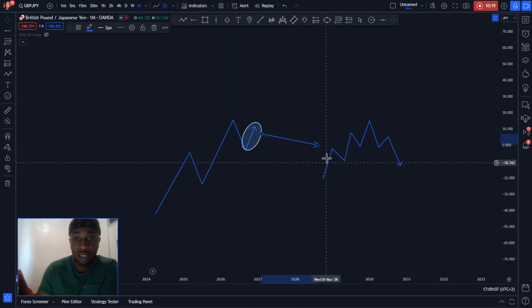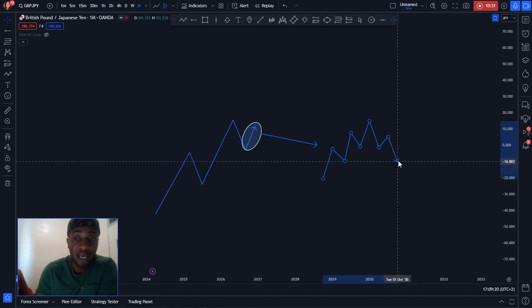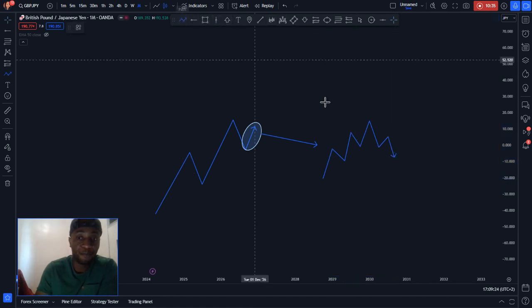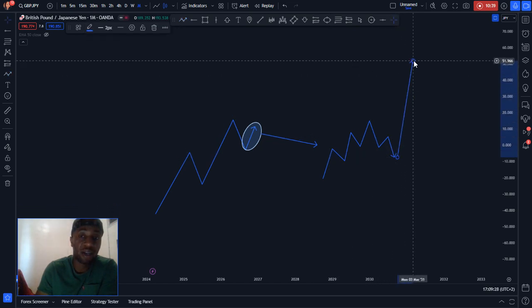and say, okay, this was a higher high, higher low, higher high, higher low, higher high. Now the market has broken below this point. Now the market is going towards the downside, so we're going to sell all the way to the downside, only to find out that the market was just giving us a slight correction or a pullback, and then the market still carries on because the weekly time frame says we are